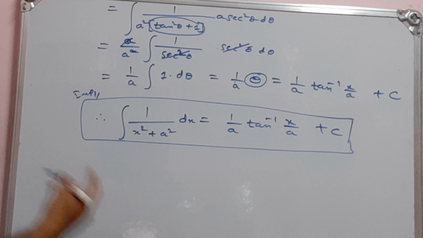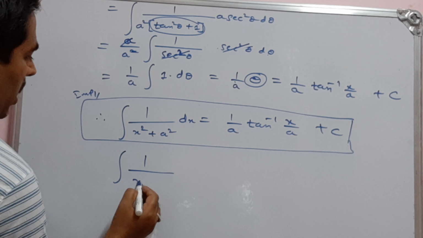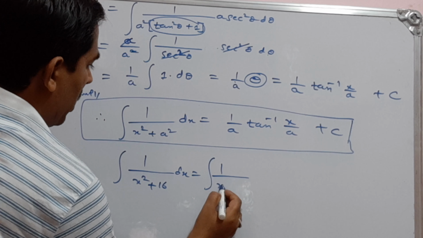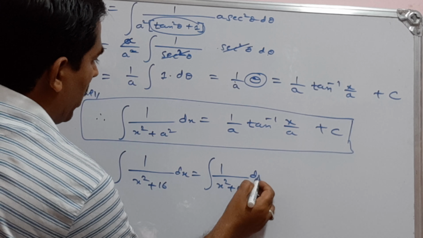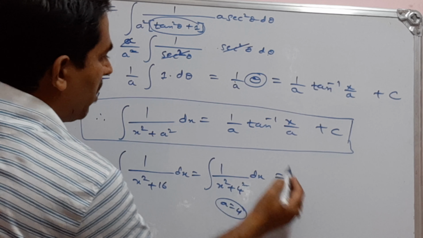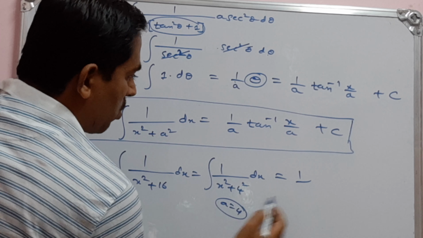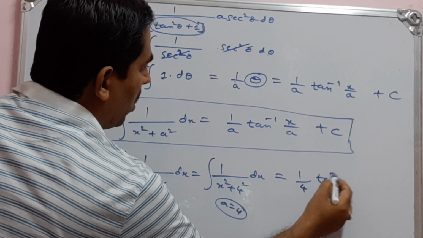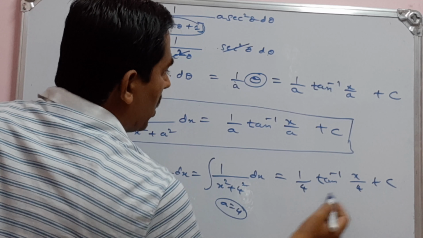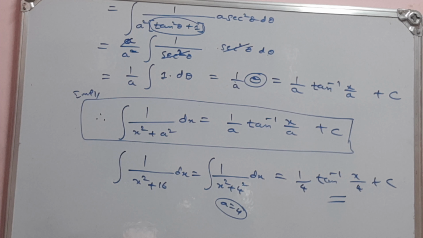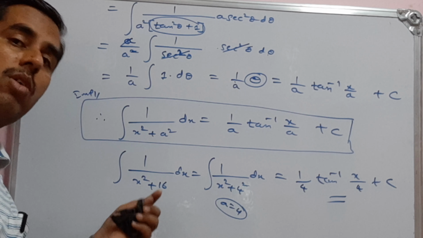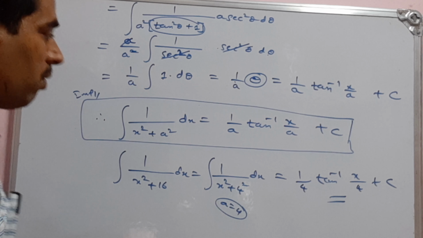Along with this we have been given, hence evaluate 1 by x square plus 16. I can write this as 1 by x square plus 4 square. Then observe this, here a is 4. So now I can make use of this: 1 by a, a means 4, so 1 by 4 into tan inverse x divided by 4 plus c, this is the integral. The coefficient of x square is 1. If the coefficient of x square is other than 1, then we have to take that common. We shall discuss those cases later. First you remember this result.